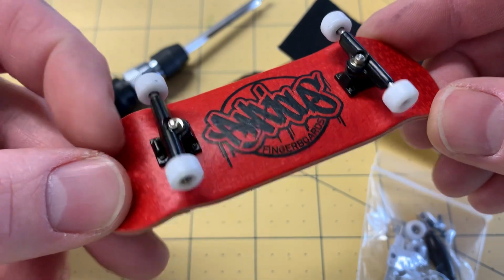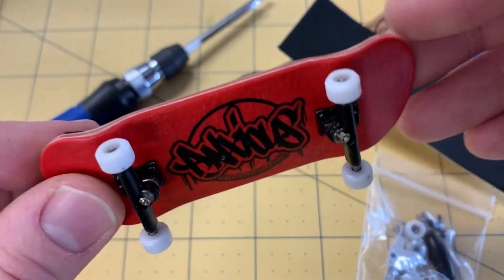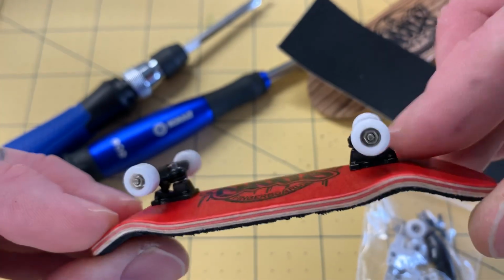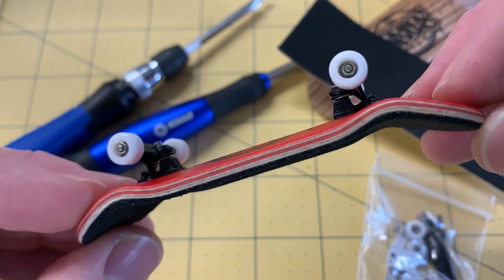That's about it. I'm trying to think quickly if there's anything else I wanted to touch on, other than the Loctite's important, pre-threading the truck bases,